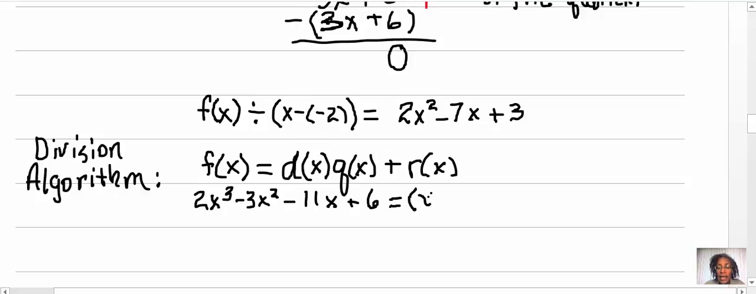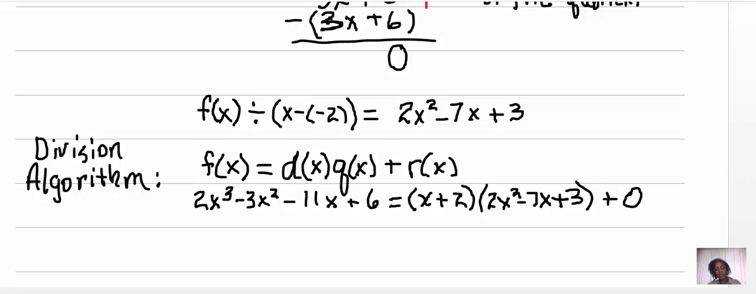My divisor was x minus a negative 2, which is x plus 2. My quotient was 2x squared minus 7x plus 3. And my remainder was 0. So the division algorithm says when the remainder is 0, actually the division algorithm says f of x equals the divisor times the quotient plus the remainder. But essentially, if the remainder is 0, the division algorithm is saying the function equals the quotient times the divisor. And so you can actually use the